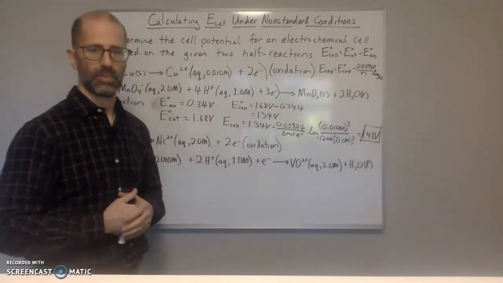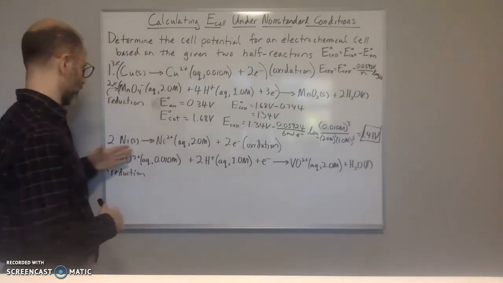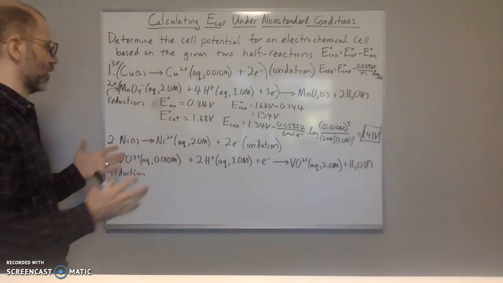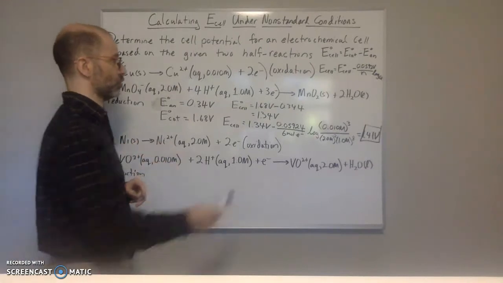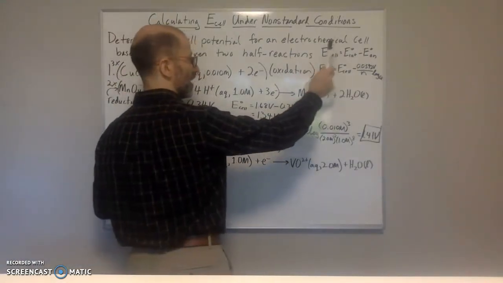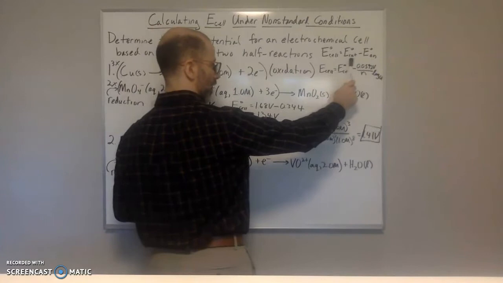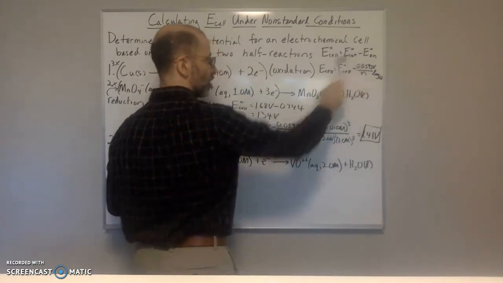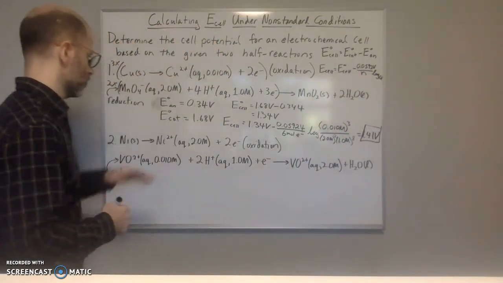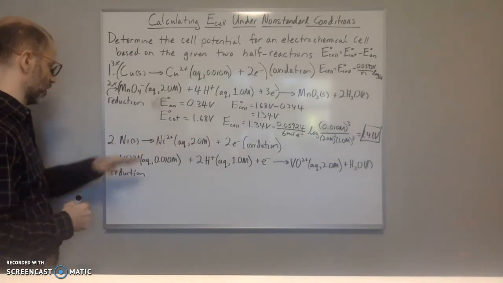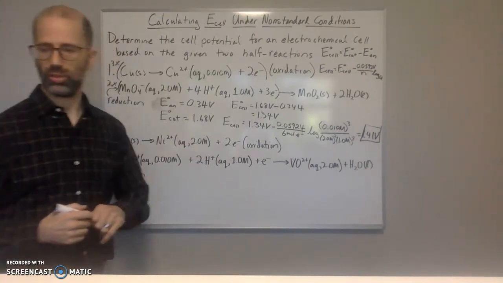Okay, what about the next problem? Let's go on to the next problem. So here we have these two, same thing. So what we're going to have to do is figure out what the standard cell potential is from the standard electrode potentials. So here we're going to have to look up the electrode potentials for nickel. So we look that up,